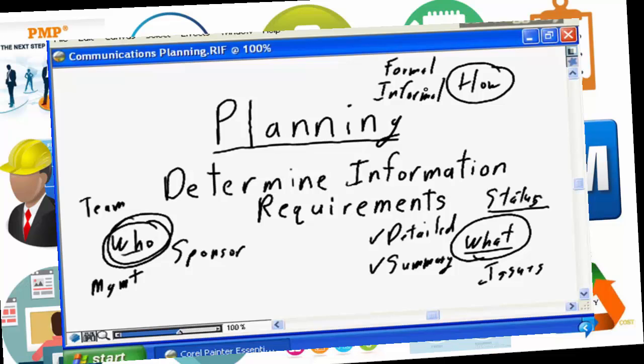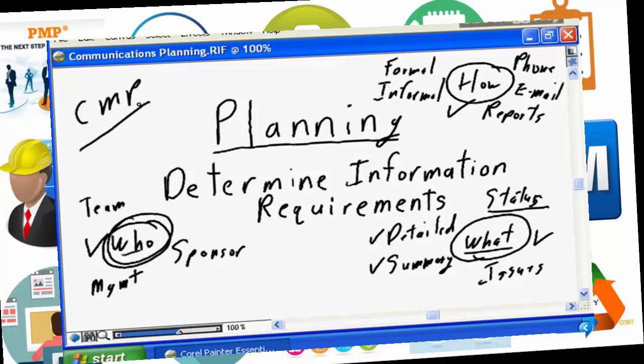So you need to understand how you're going to distribute the information. Is it formal or is it informal? You need to understand, are you going to distribute the information by phone, by email, or by formal written reports? You need to know all of this information in advance to effectively plan your communication strategy for the project. Who, what, and how. And once you have a full understanding of the who, the what, and the how, you can put together your communications management plan